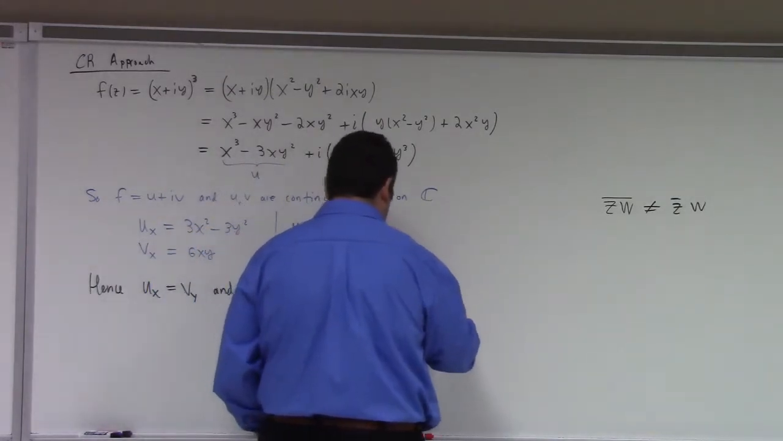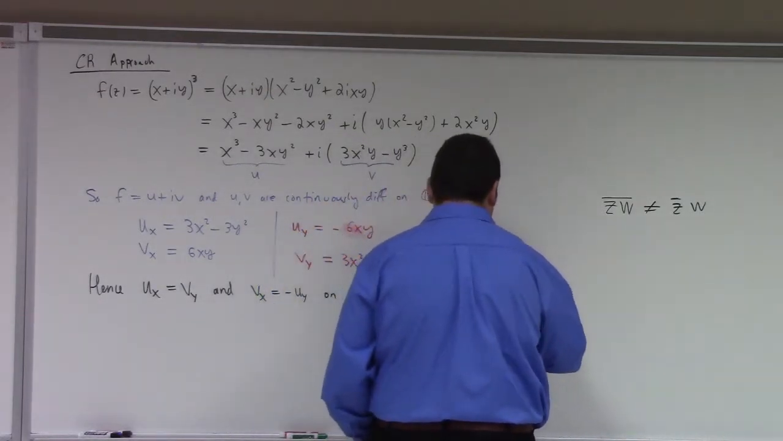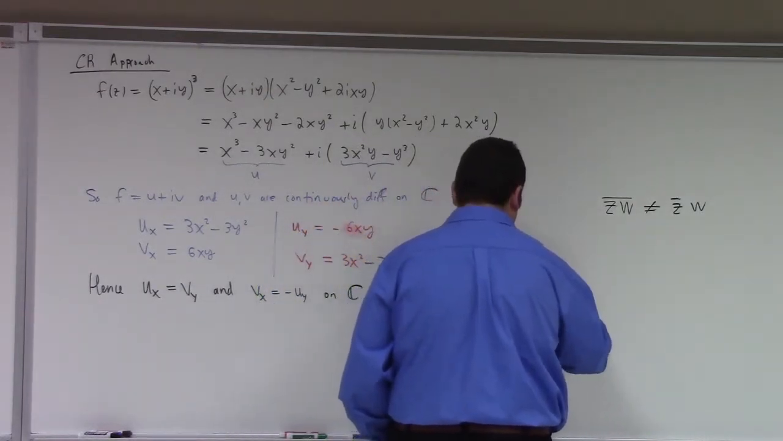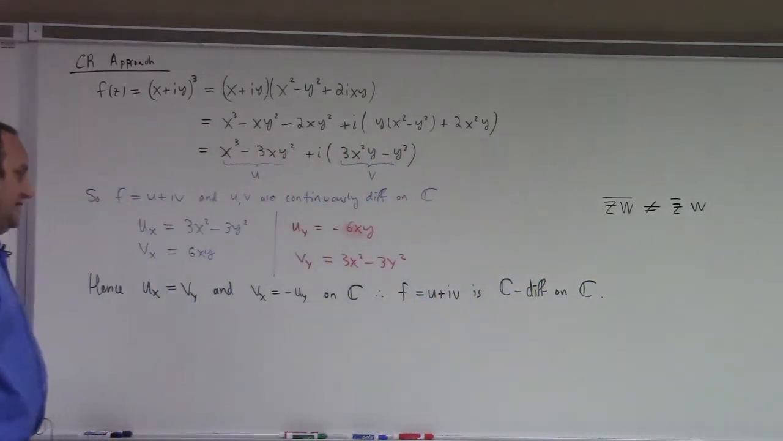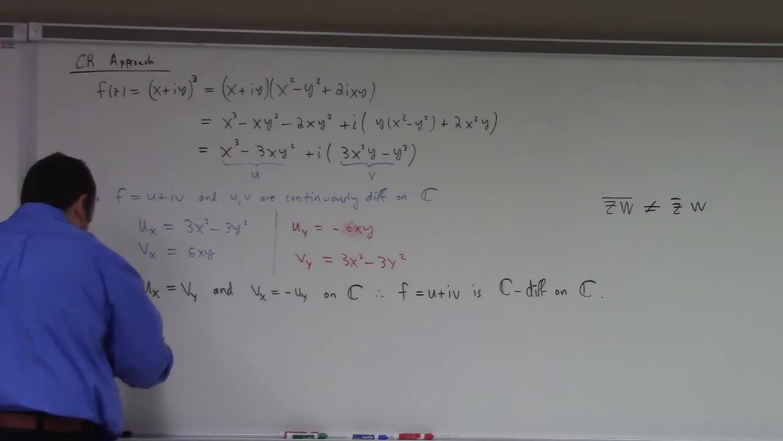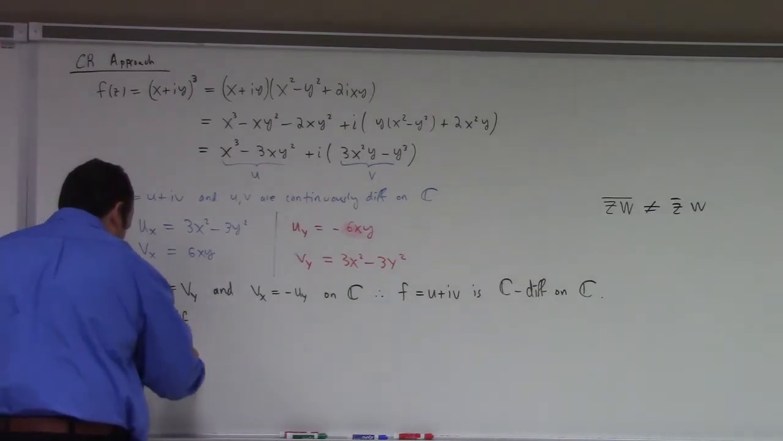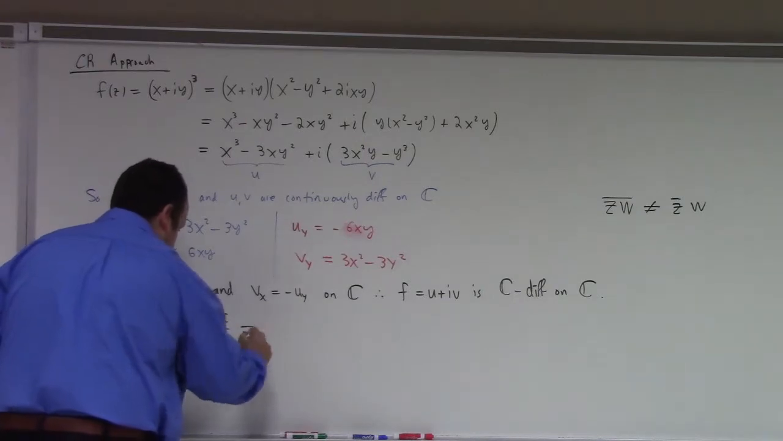f equal to u plus iv is complex differentiable on C. In fact, what do we say when the function's complex differentiable on the whole complex plane? We say the function is entire. This is an entire function. Moreover, we know more, right? df/dz is what? It is nothing more than partial f partial x in this context, because